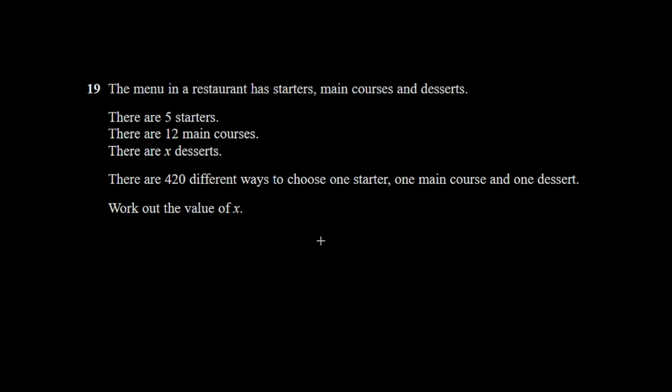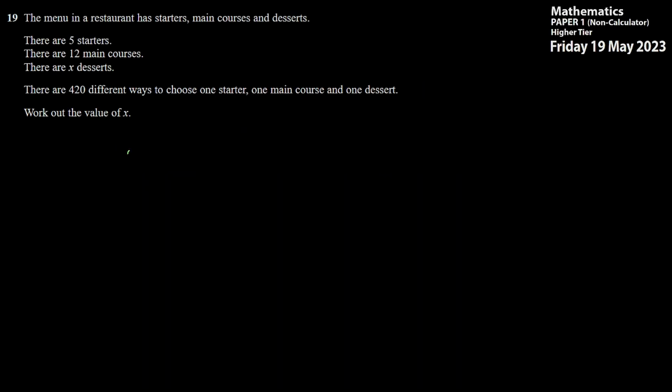chose 2 starters, 1 main, 1 dessert. 420 is simply going to be the multiplication of 5 multiplied by 12 multiplied by x. That will be the number of different ways that we can choose 1 of each. So we get the 5 starters multiplied by the 12 main courses multiplied by the x desserts must be equal